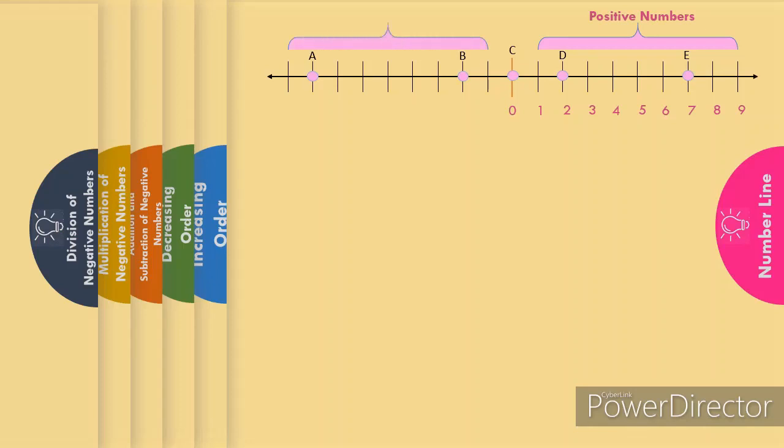On the left side of 0, the numbers less than 0 are the negative numbers, like -1, -2, and so on. In point A, the value is -8, point B is equal to -2, point C is 0, point D is 2, and point E is equal to